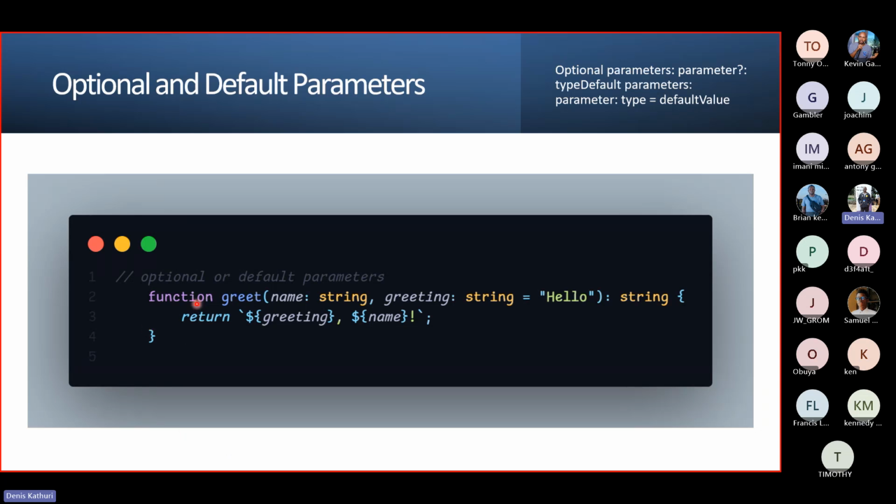So we have a function greet, which has two arguments or parameters. This is the first argument, name of type string, then a greeting, which is initialized by a default value, which is hello. So when you call this function, you can